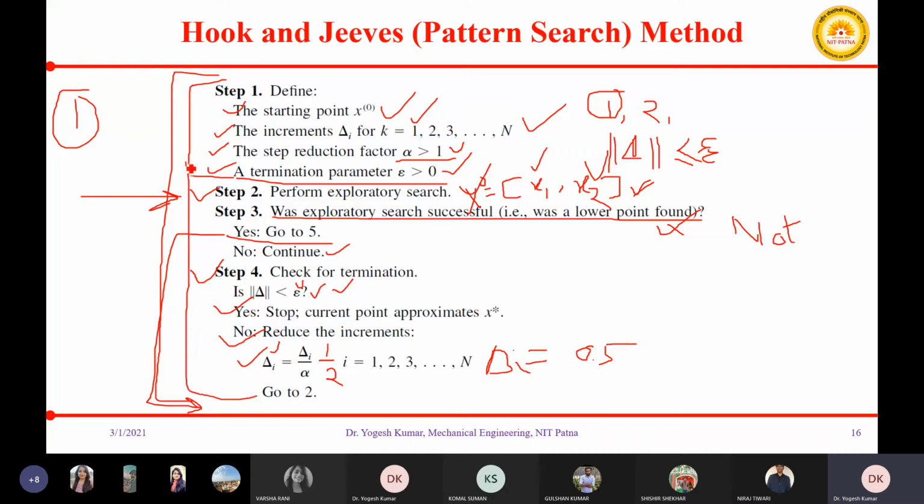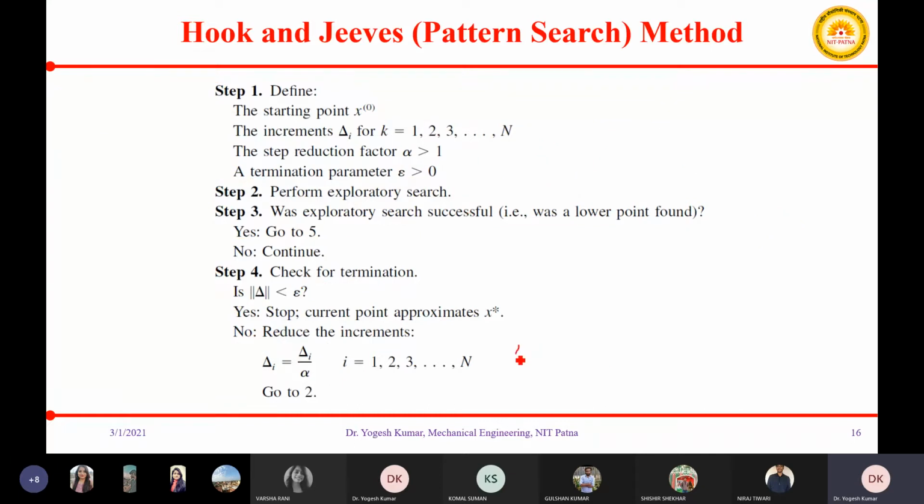Again, you need to go to step 2. So as soon as you got delta equal to 0.5, you will again go to step number 2.